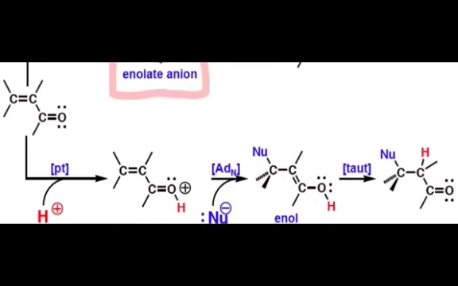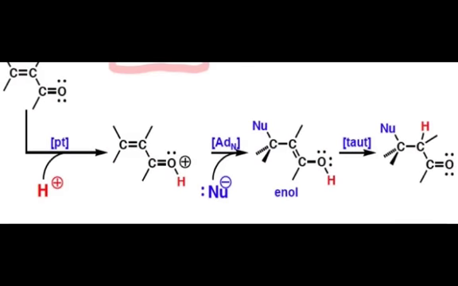Under acidic conditions, protonation will be very fast and very easy, and will occur before addition of the nucleophile, which is typically weak under acidic conditions. Protonation of the carbonyl carbon, which is again the most basic site in the alpha-beta unsaturated ketone, leads to an intermediate in which the LUMO energy has been lowered. Addition of the nucleophile is then made much easier, and after the nucleophile adds to the terminal carbon, just as it did in the top case,